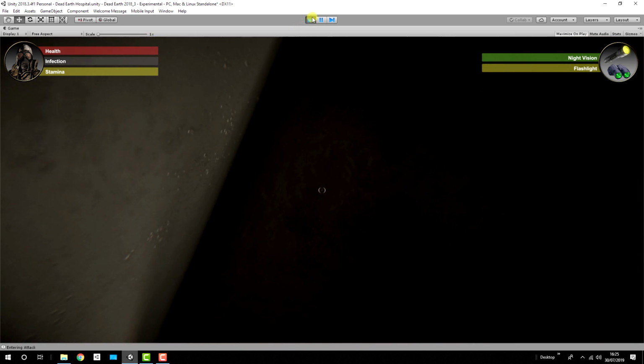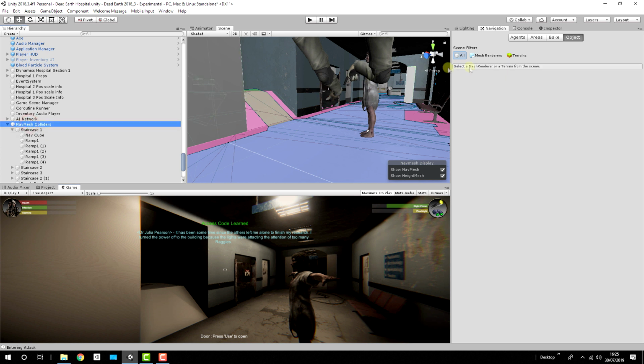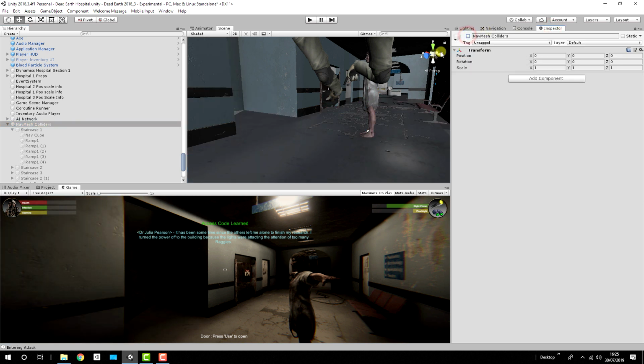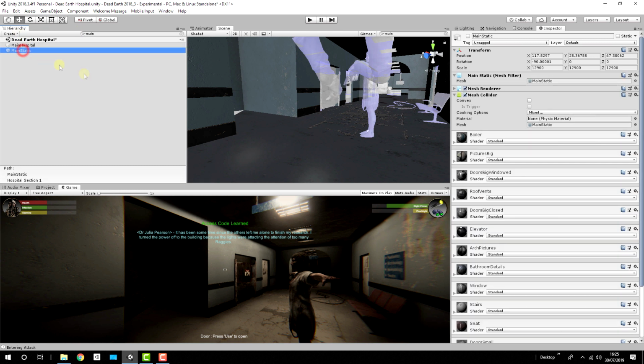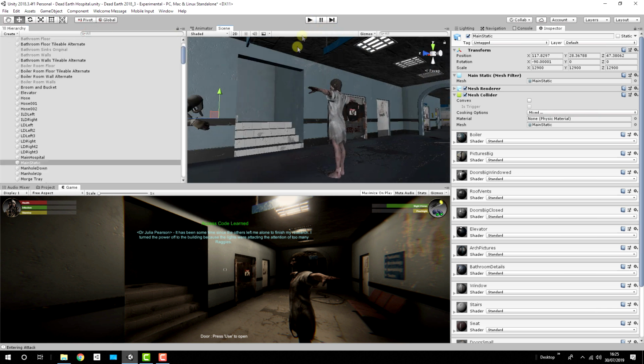So what we can do is turn off the ramps again, because we only wanted those ramps for the baking of the nav mesh. I'm going to turn those off now in the hierarchy, and then I'm going to re-enable that game object called main static, which is what contains the steps. So the steps are there visually, but our nav mesh agent knows nothing about them. So we can see the steps, and our FPS controller will walk up the steps, but our zombie will just